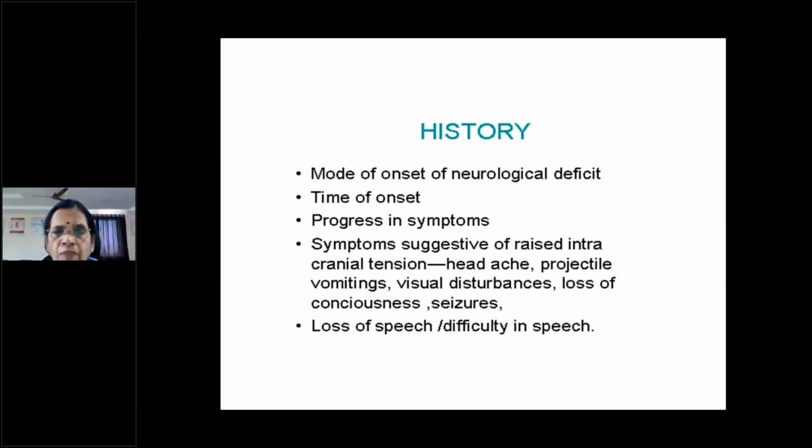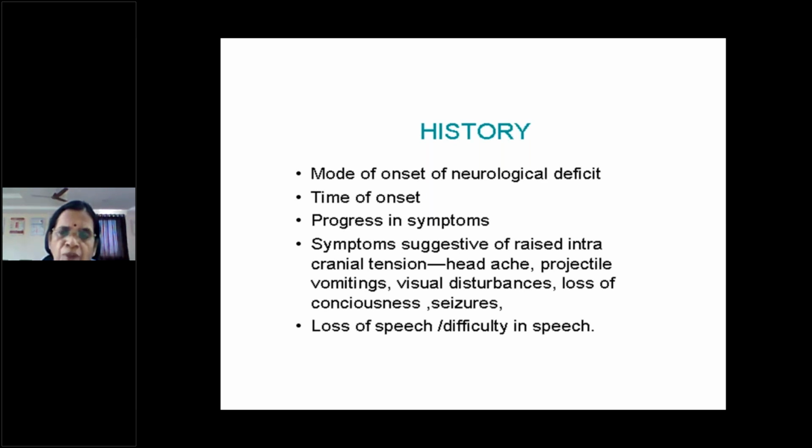On the other hand, if the patient is working in the daytime, or is physically or emotionally upset, and at that time complains of a neurological deficit, with severe headache and vomiting, we have to think of a hemorrhagic event. Whereas if, like a bolt from the blue, suddenly without his knowledge, a patient develops a deficit without any symptoms, that is usually an embolic phenomenon you have to think of.